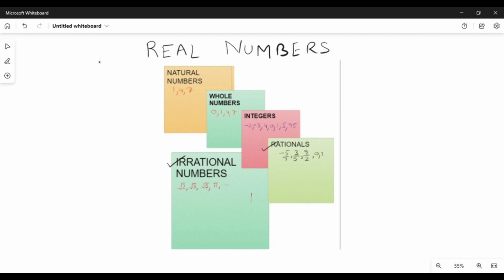If you include 0 to the set of natural numbers, you will get the set of whole numbers. If you add negatives to the set of whole numbers, you will get the set of integers. And if you add fractions to the set of integers, you will get rationals. But what is the difference between rational numbers and fractions? Fractions are always positive, but rational numbers are the fractions which can be negative as well as positive. So, the biggest set available is the set of real numbers.